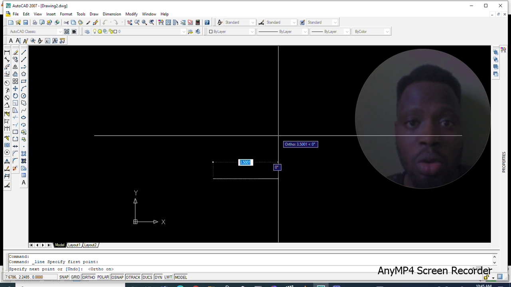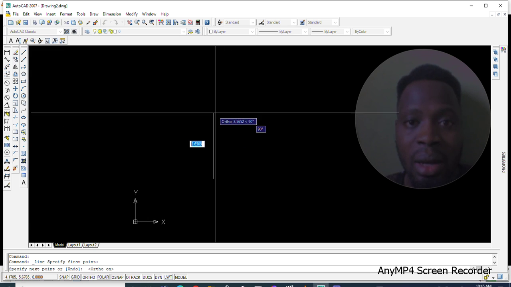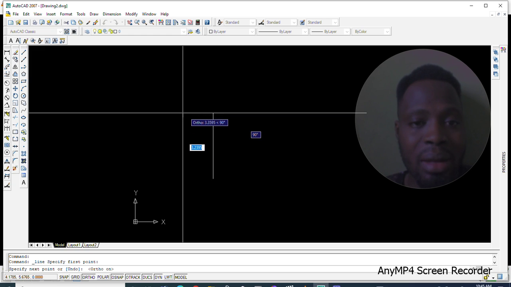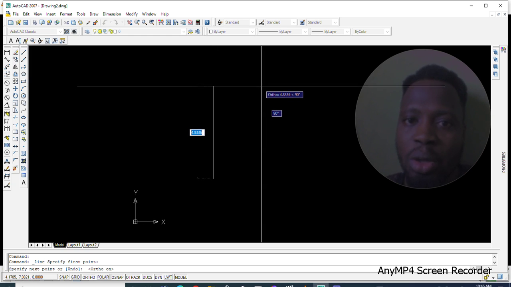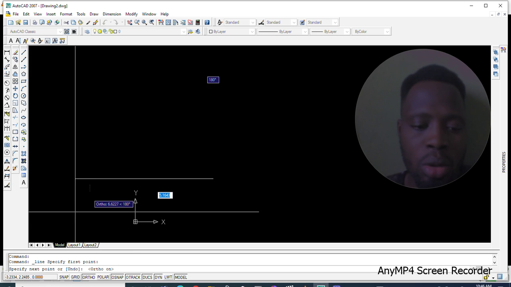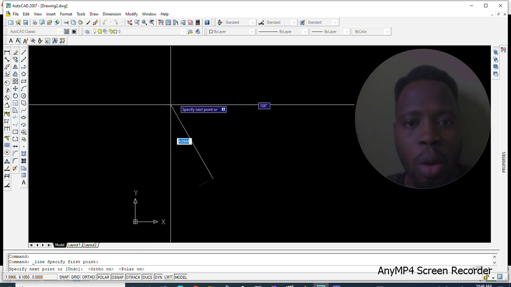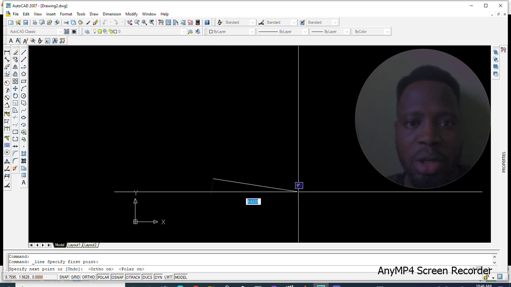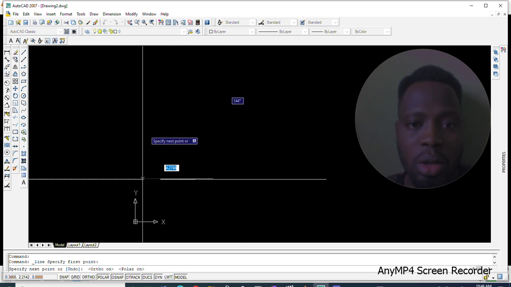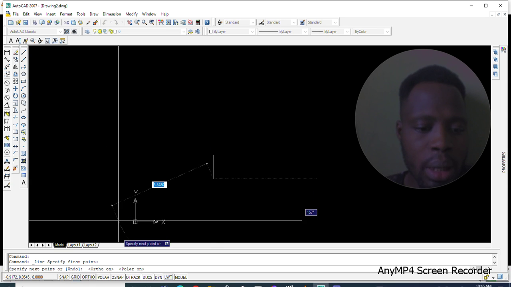So turn on your auto to get straight lines, and when you want to get any diagonal, like moving in any direction, please always turn on your polar. Your polar will help you to move in any direction, okay? So next thing is